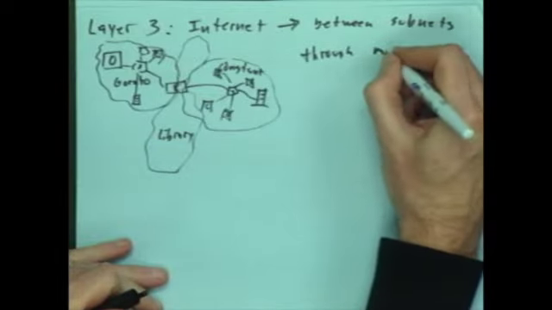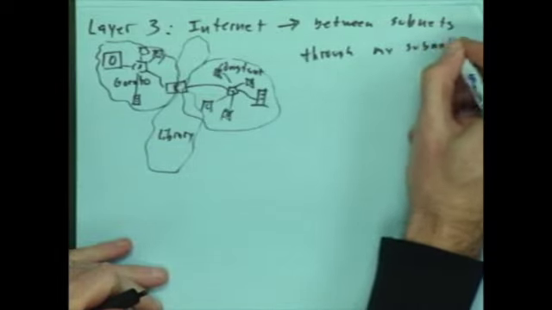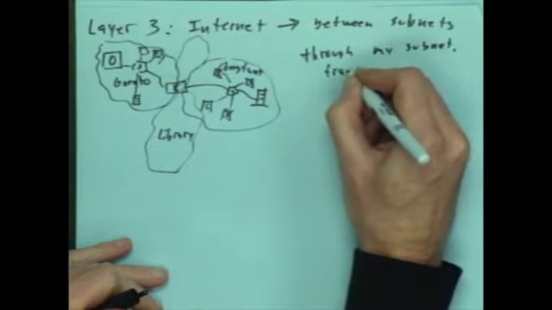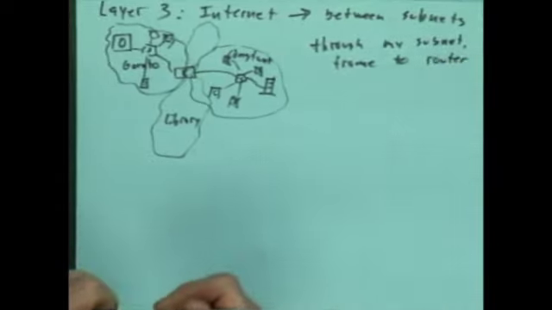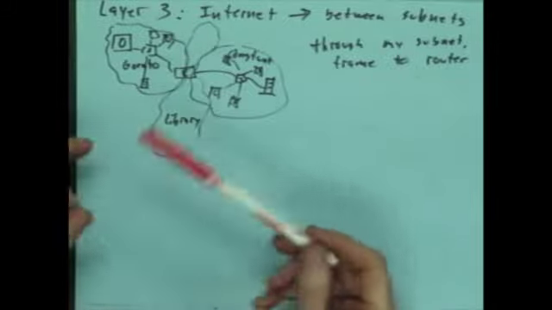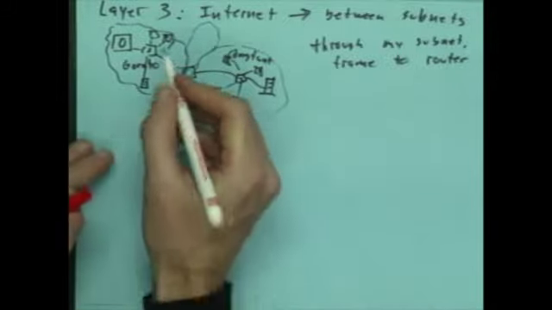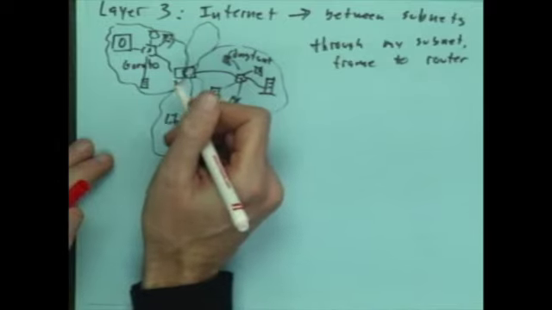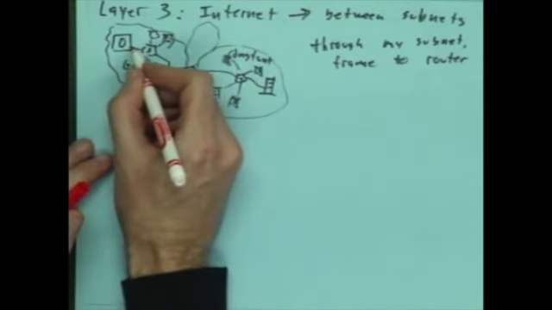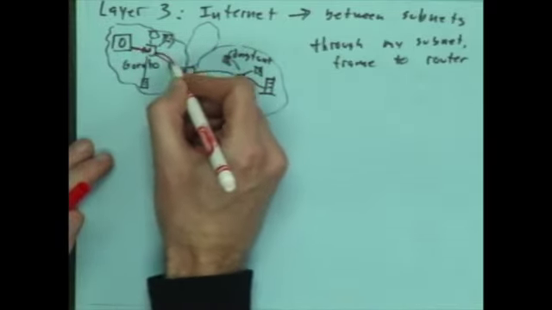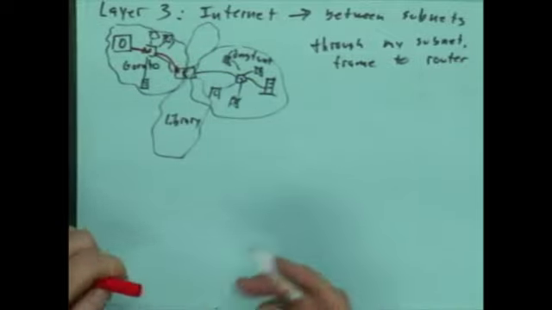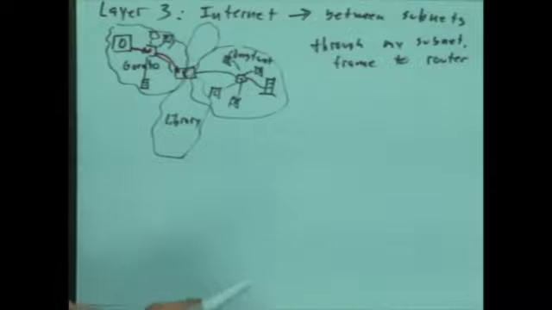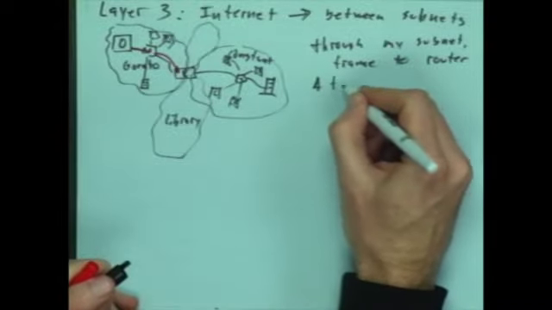if I want to get through my subnet, I put a frame to the router, right? It's going to be my red pen. So I'm going to make a frame, and I'm not going to draw the frame, sorry. But the frame is going to tell the switch which link to use to get to the router. Okay? At the router,